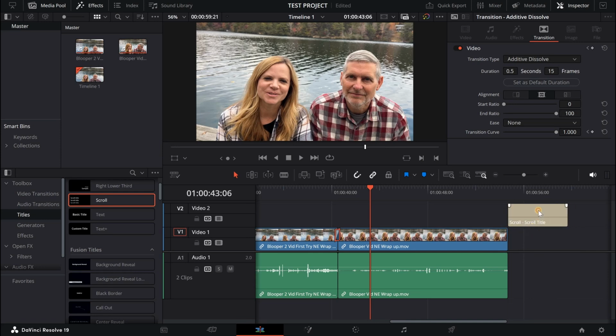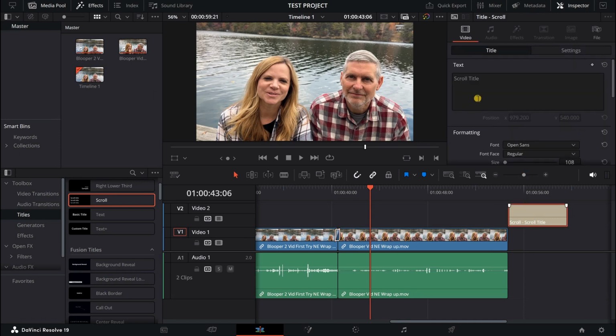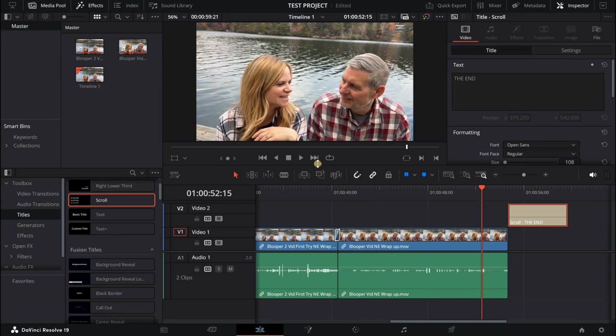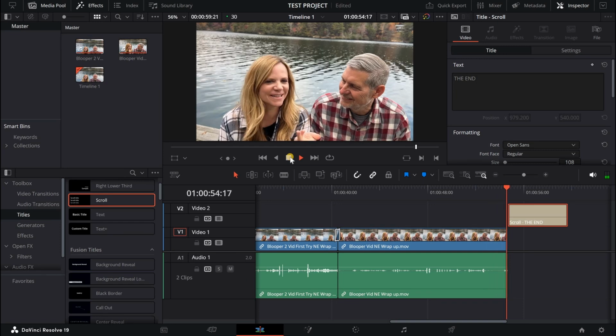end. Click on that box, and you can see up here with the inspector open, the scroll title is what's up right now. You can click on the end, backspace, and I'm just going to, with the caps lock on, hit the end. Now when we do the end here and play it,